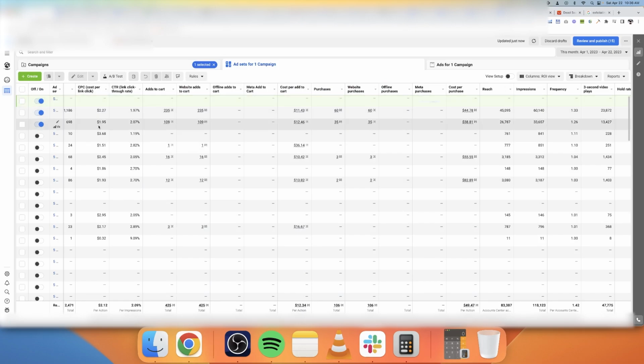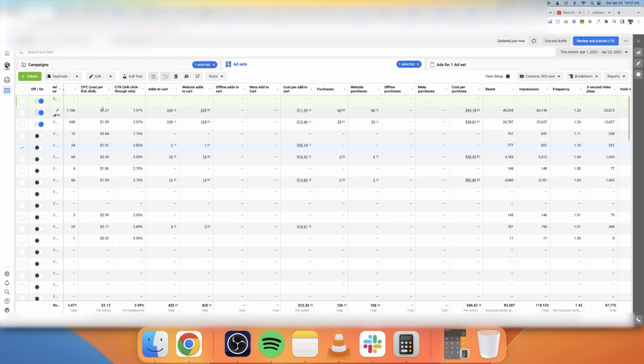Ideally, we want our cost per click to be below $1. That's just the ideal case scenario. However, in some niches like beauty, healthcare, some other competitive niches, you might only be getting like $2. If your conversion rate on the website is high, and if your average order value is high, you can still make it work. In this particular campaign, we're far from it. Compared to other ad accounts, other campaigns, we are a lot better. So here, ideally, we're aiming for 3% link click-through rate, and for this particular product, below like $2 cost per click.